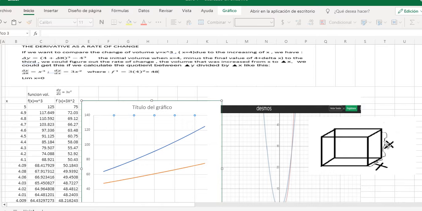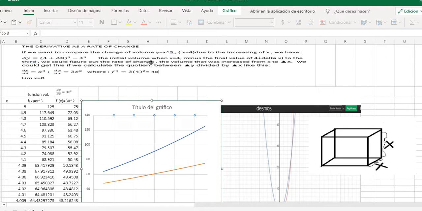This is x plus the little change that we can say is an infinitesimal change, and we add it to the 4, and then we calculate all this expression to the third power,